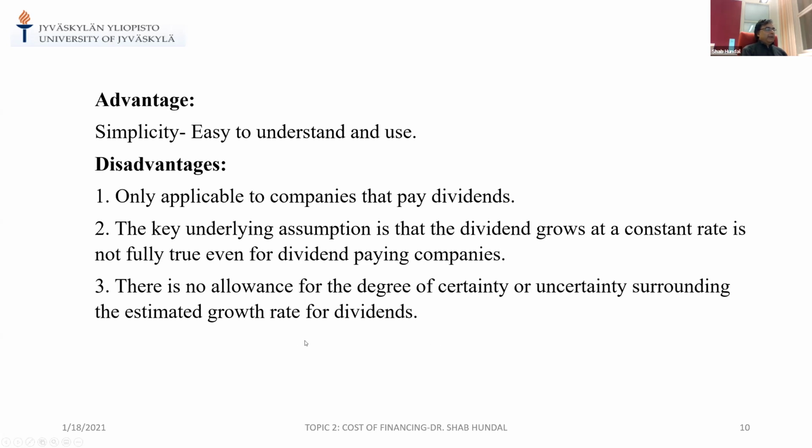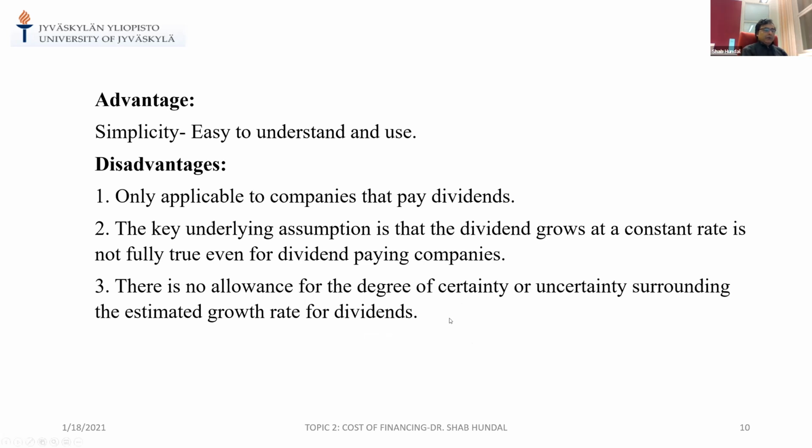And the third assumption is that there is no allowance for the degree of uncertainty, so it doesn't really consider that life can be uncertain. That is because it assumes life is a very linear progression, and that is why they assume that the dividend grows at a constant pace. Yeah. And one more disadvantage, which perhaps I forgot to add here,